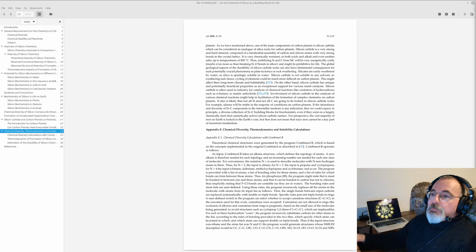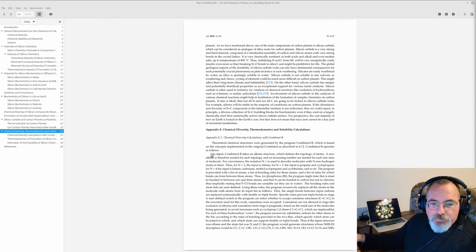Yes, here we go. Combimol B is a program that generates a set of all possible chemicals that can be built from a defined set of atoms, bonds, and molecular topologies that can be used for non-commercial purposes. Okay. Yep, it is what they say. Well, obviously it is what they say. I was just interested in finding out a little bit more.